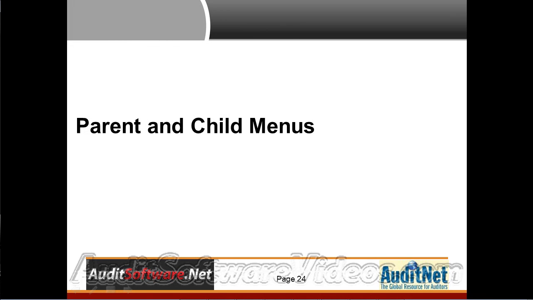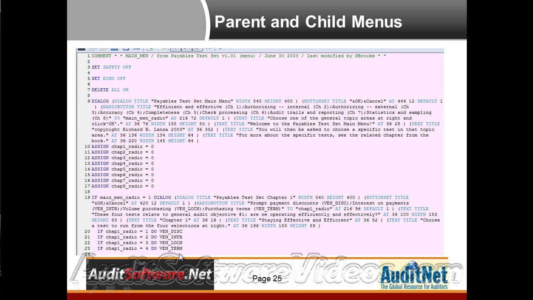So, continuing onward here, I wanted to talk about parent and child menus within ACL. We touched on it a little bit before where we set up that variable so that it calculated what is the table name that's being used there. And as we continue through, this is the gobbledygook of parent and child menu structures, which I pulled from one of my books, The Payables Test Set, and I wanted to show you how the menu can work from menu to menu within the actual ACL, so that you can work with that. And with that said,